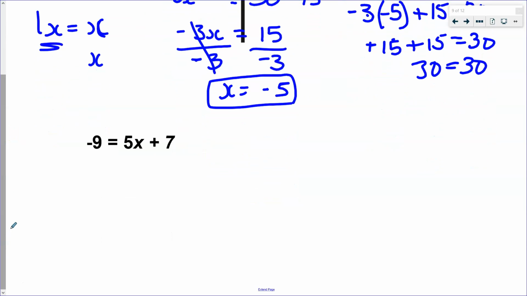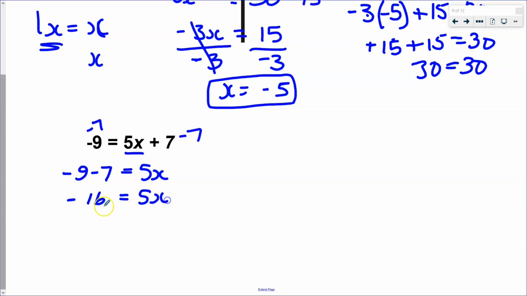Okay, let's do another one here. No lines in the middle, just equal signs. I need to get this variable by itself, so I'm going to subtract 7 from both sides. I will write out that first step. Okay, remember your addition and subtraction rules here. -9 subtract 7 is -16 equals 5x. Divide by 5, I want that x on its own,